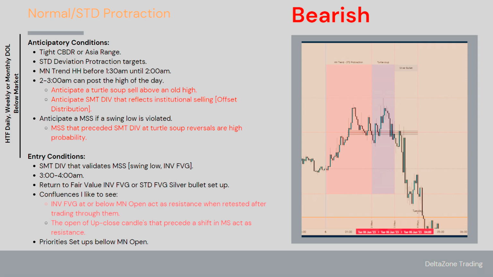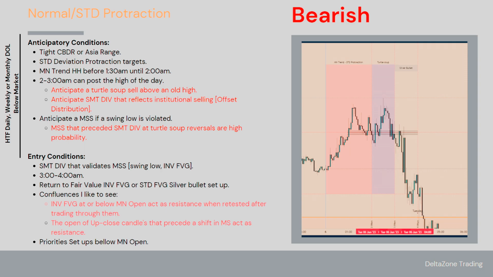So when do we expect the high of the day to form? At this time, when price is moving above an old high. This can be a previous day high, but we can also use the highs of the last 3 days. Also, a previous session's high can be used, and we can also use previous week highs. So we anticipate a turtle soup sell above those aforementioned highs,